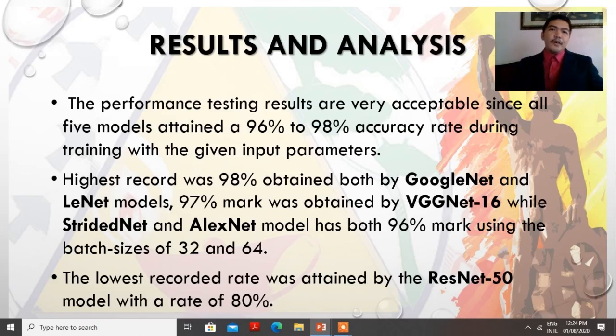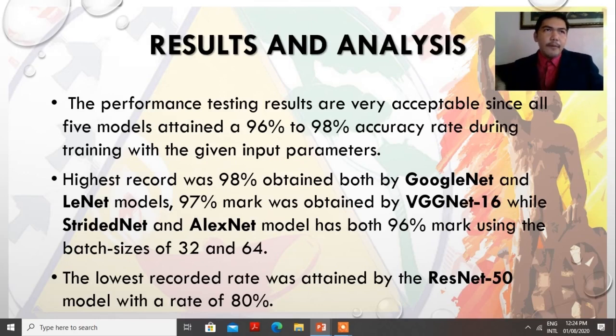So for the performance testing results, they are very acceptable since our 5 models attained a grade of 96% up to 98% accuracy rate during the training of their models. The highest record we obtained is 98% by the GoogleNet and the Nanette model. 97% was obtained by the VGGNet 16 model, while the StridedNet and the AlexNet model both have a 96 mark